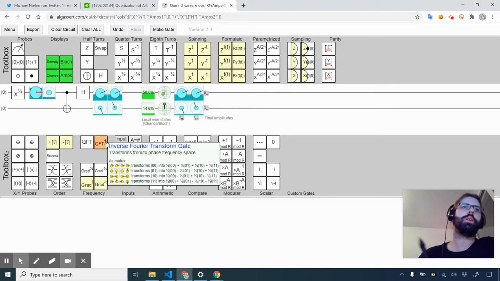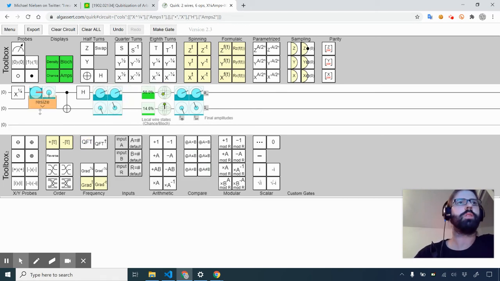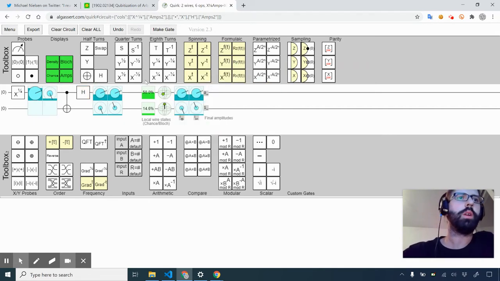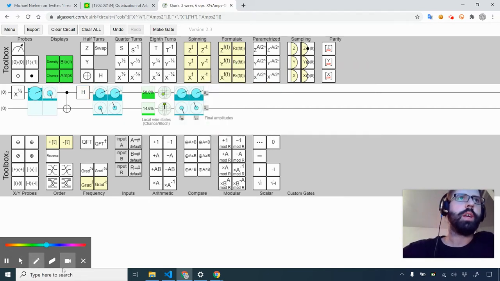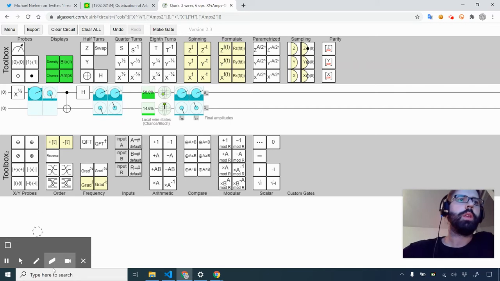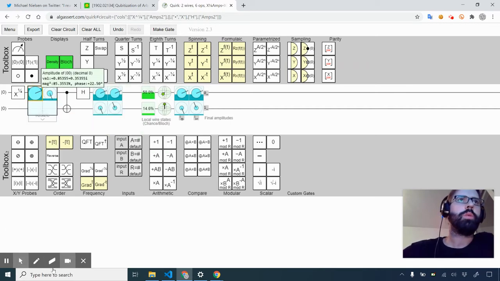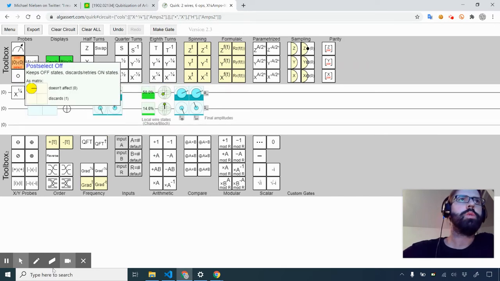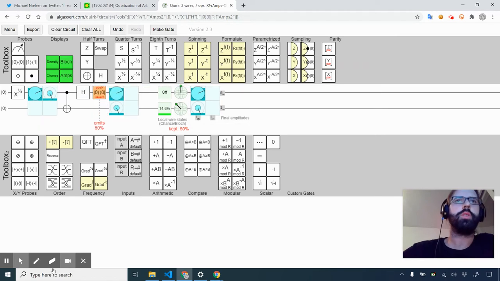If I make that bigger, because now it's a 2-qubit system, it doesn't make so much sense to look at just the wire. You see that this state, that's an awful color that I chose here, is now encoded here. Right, so basically what this means is that if you measure the state to be 0, so I'm going to use the postselect gate, you actually get the